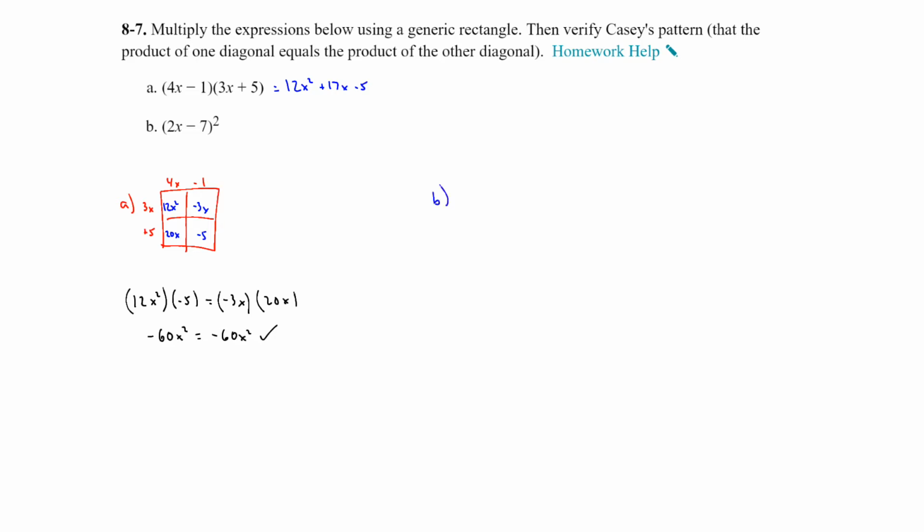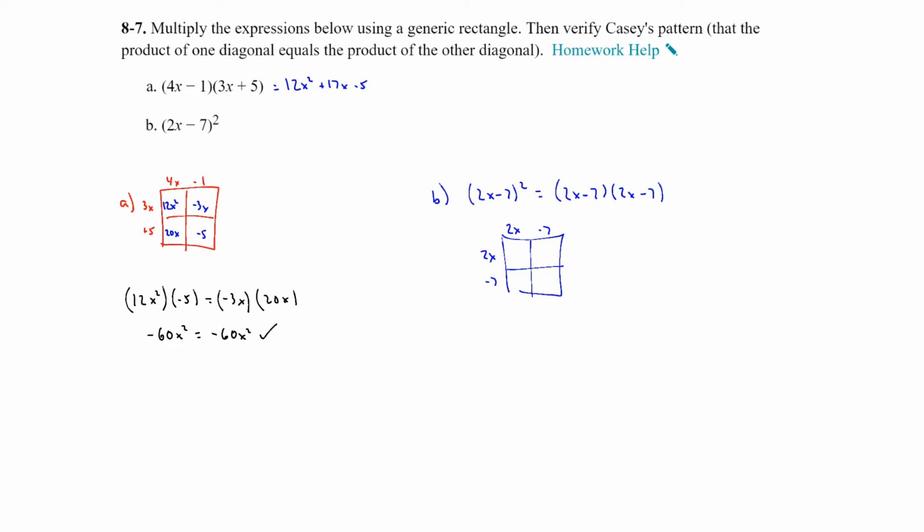Let's go to question B. B, we have a binomial squared. So we really need to expand this out so we can see both of them. And our generic rectangle, the lengths are going to be the same, so it's actually a square on this one. Let's multiply them together. We get 4x squared minus 14x minus 14x plus 49. So if we combine our like terms, we'll have 4x squared minus 28x